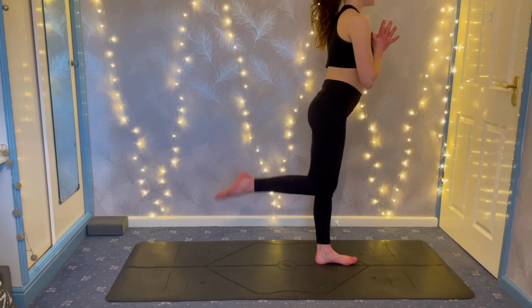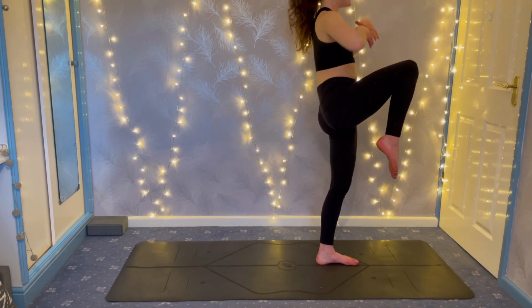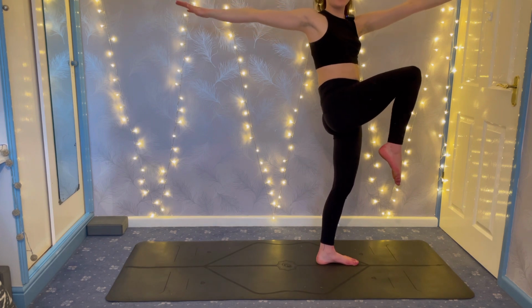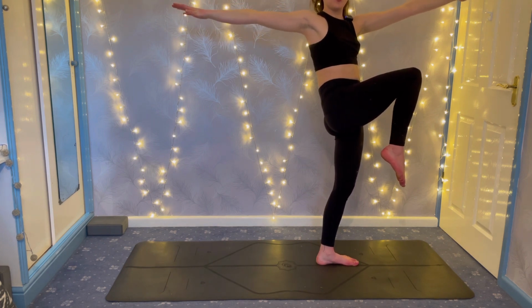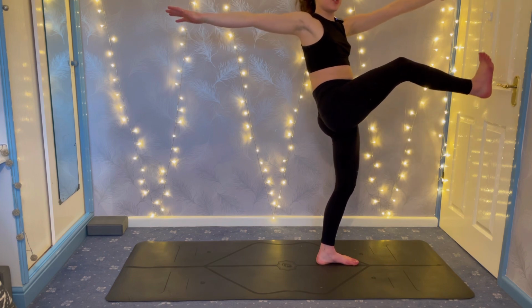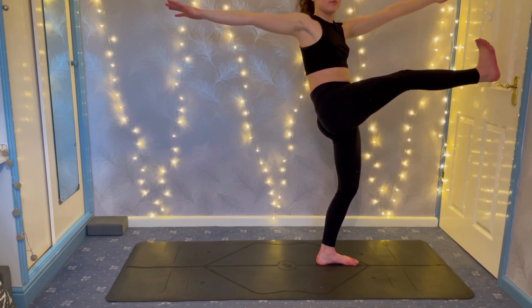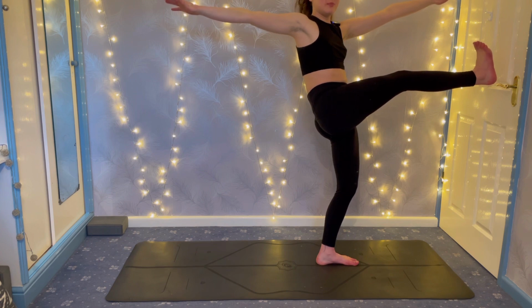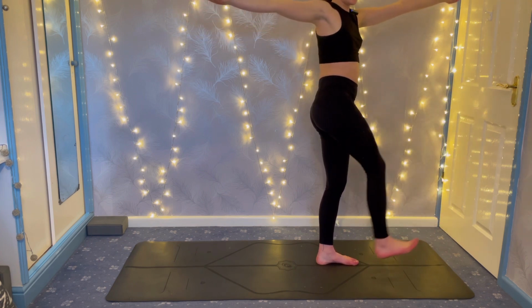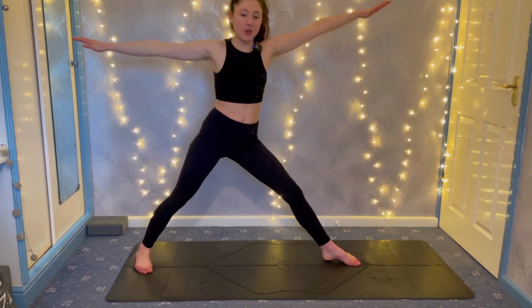Ground the left foot, squeeze the right knee into the chest, arms up overhead. Twist to the right hand side. Left arm forward, right arm back. Without using the hands, straighten the right leg. Pause and breathe. Keep the arms extended out to the sides as you take a slow-mo step back into your